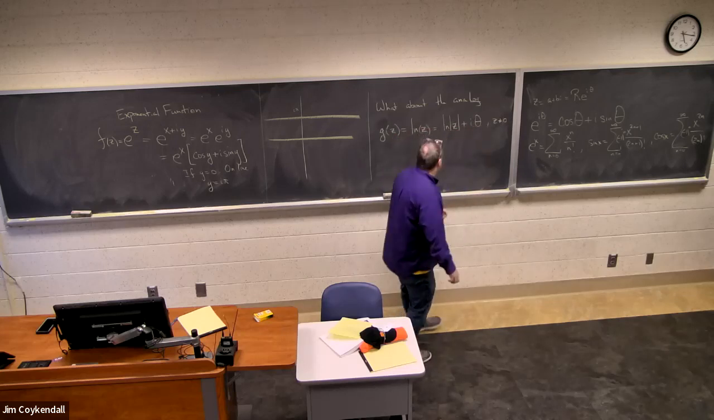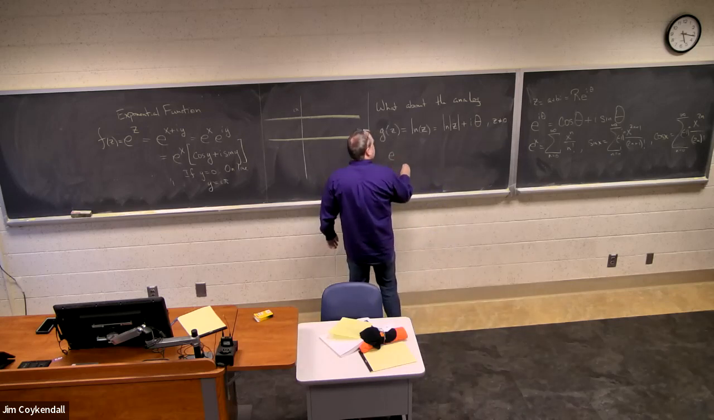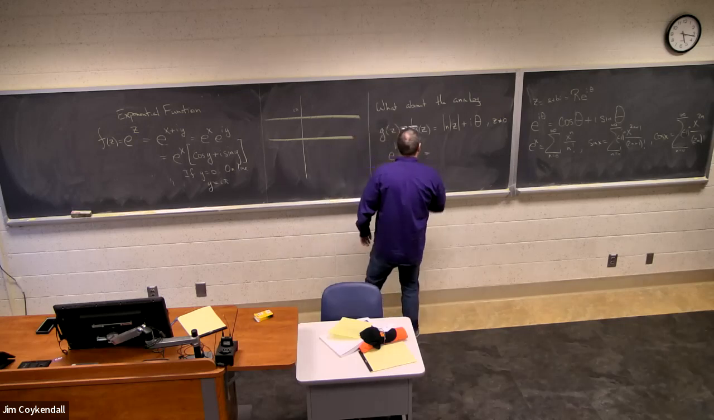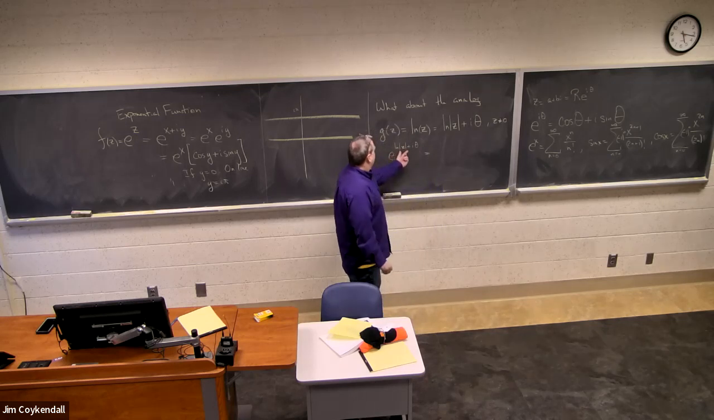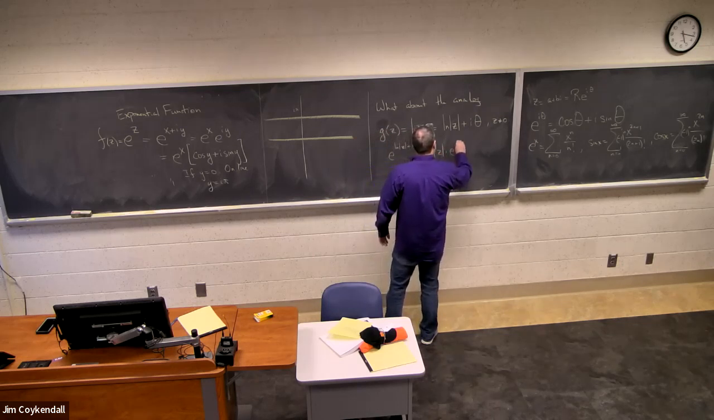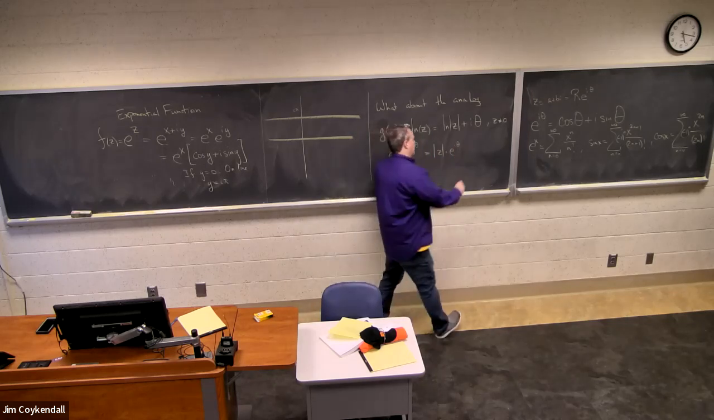Now, why do you want it this way? Well, let's just go through this. e to the natural log of the absolute value of z plus i theta. Well, the magnitude of z is just a real number. So what this will return is the magnitude of z times e^(i theta). So this should get you back to your original z,